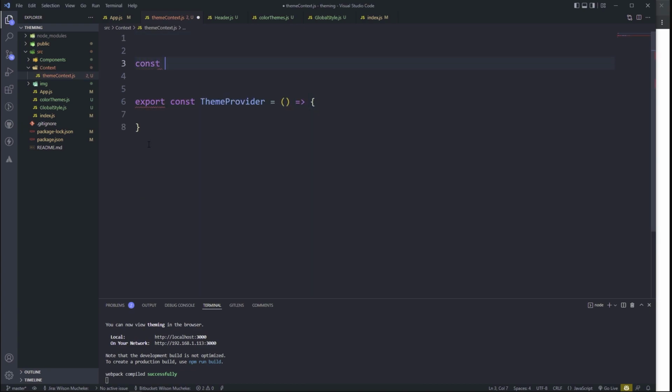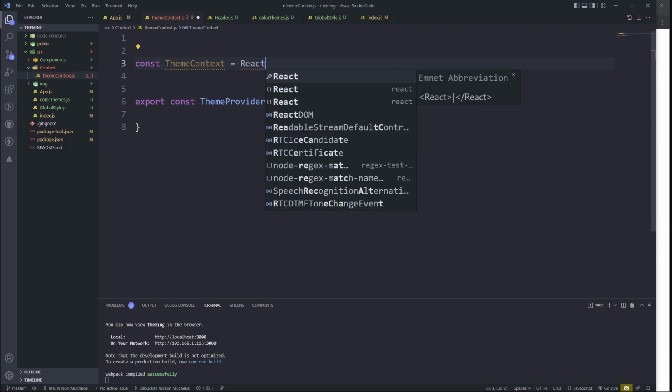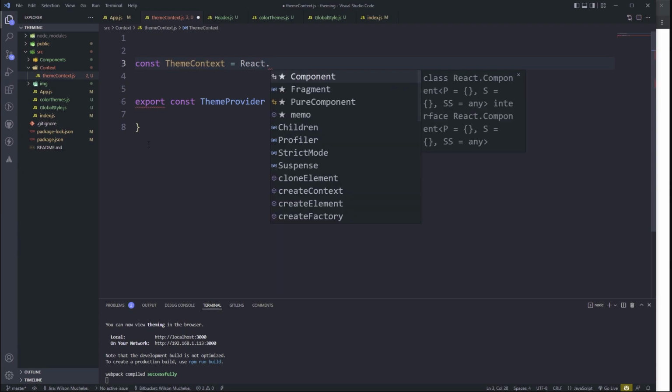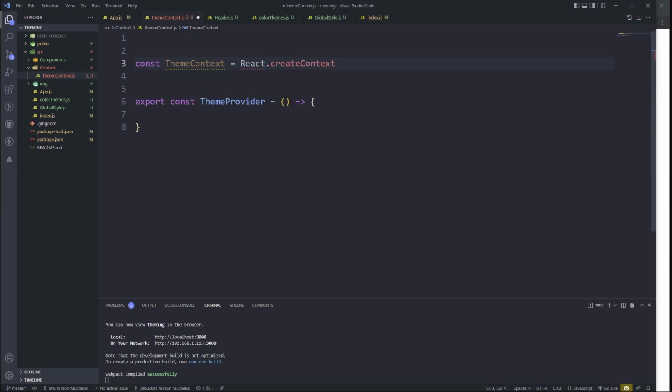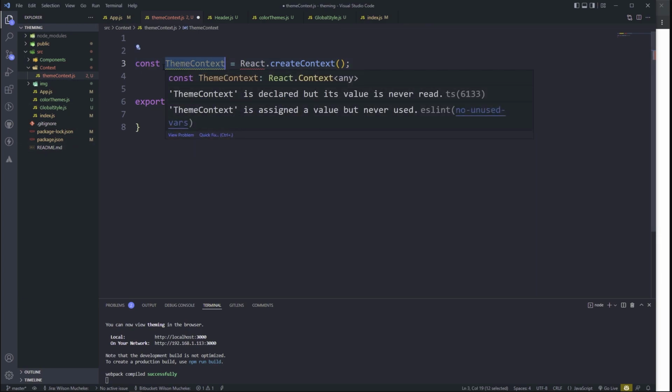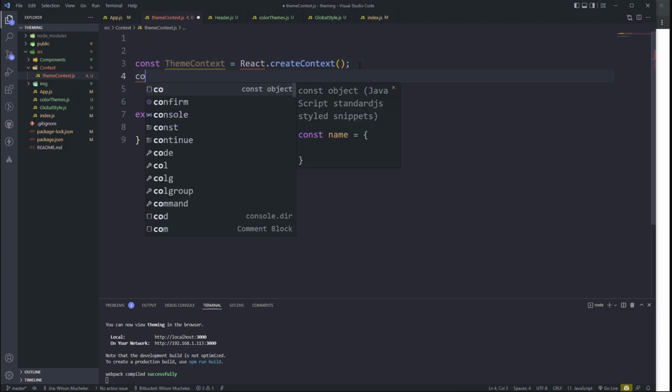So the first thing I'm going to be creating is a theme context. To create it, we need to do React dot createContext, like so. Now we've created a context for the theme, and then we need to create another context for